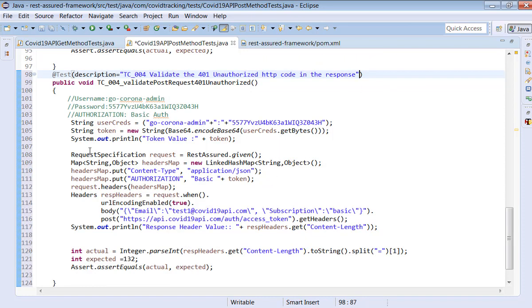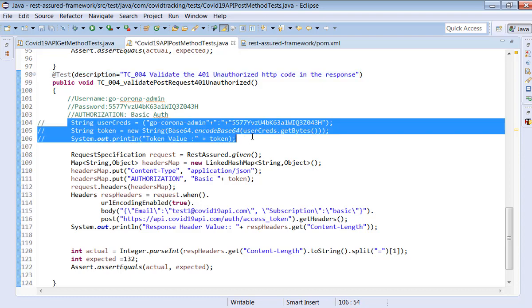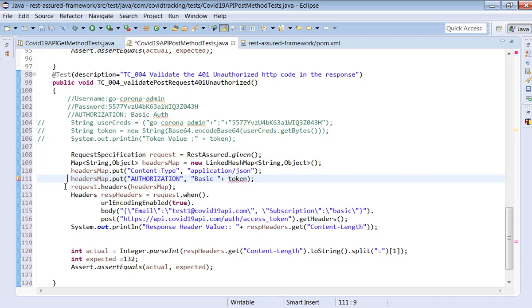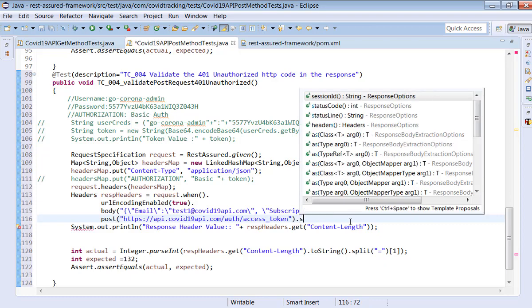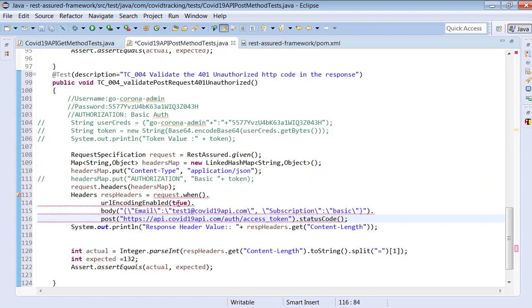It's very simple. For any test case you take, just comment this topic, these 3 lines, and comment the token as well. When you comment the token, you don't have any authorization to access this request. Whenever you try to get headers, status code, or response body, you don't get any outcome. Okay, so let me try to get the status code. We will call status code. Here we are getting an integer.